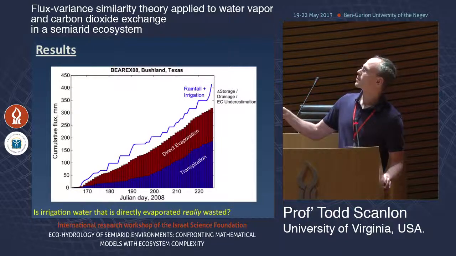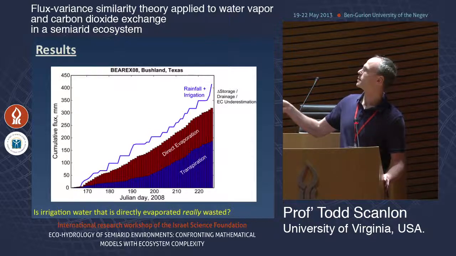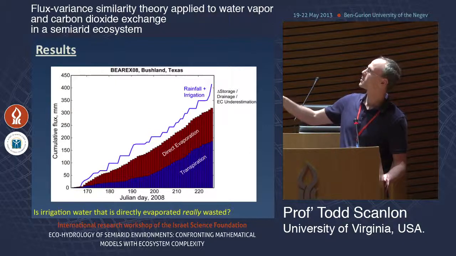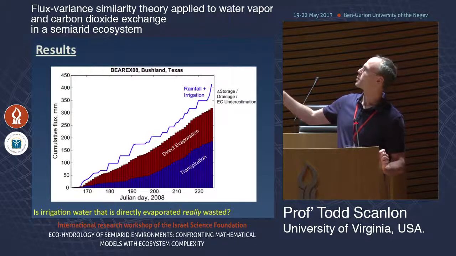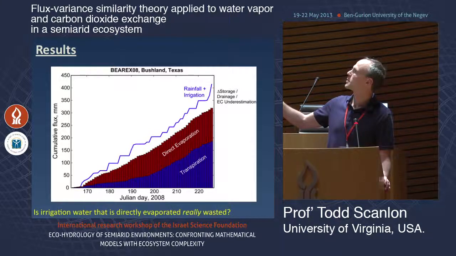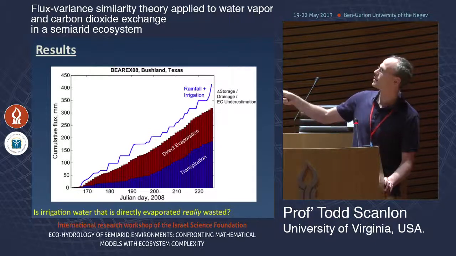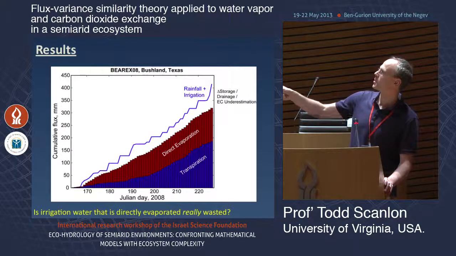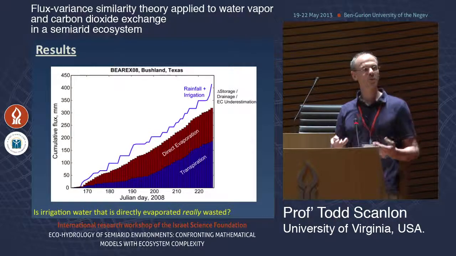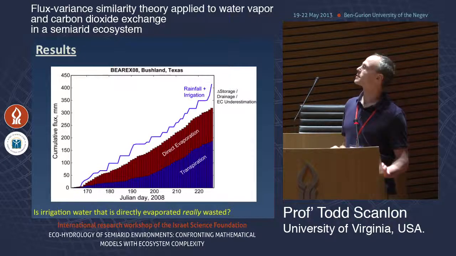This shows the cumulative fluxes over the course of the growing season. This is rainfall and irrigation, which is this blue line right here. And it's breaking down the cumulative fluxes into the transpiration and direct evaporation. They sum up pretty close to the rainfall and irrigation. There is some difference, and that could be due to change in storage in the soil moisture, any drainage from the root zone, or maybe Eco-hydrology underestimation. Ideally, this transpiration, these blue bars right here, should be hugging this line right here. So you want any water that goes into the soil to be used for transpiration by the plants, not lost